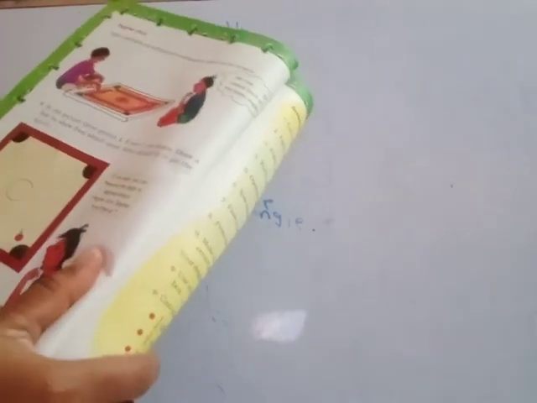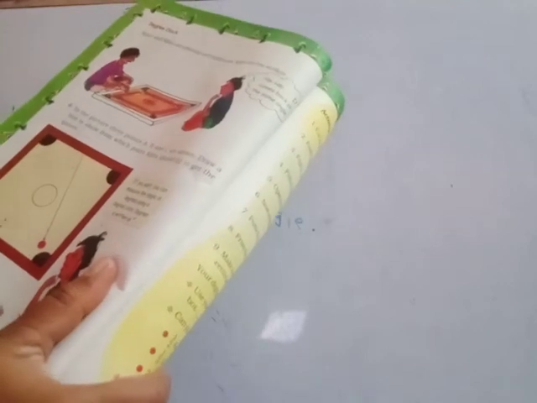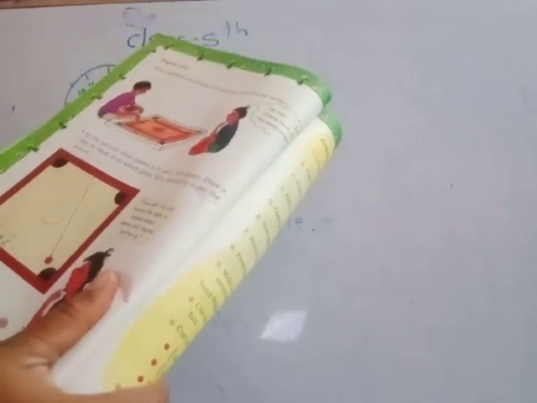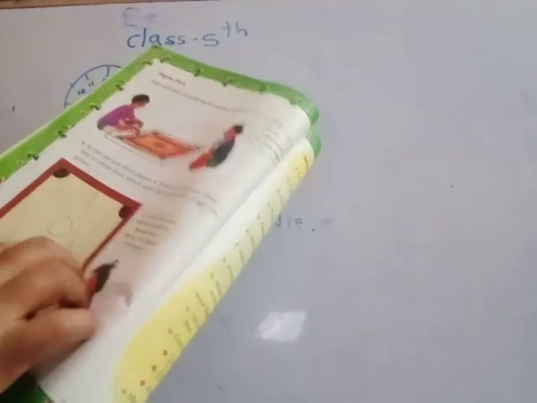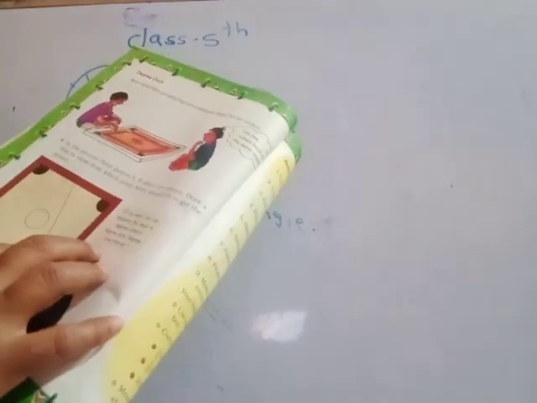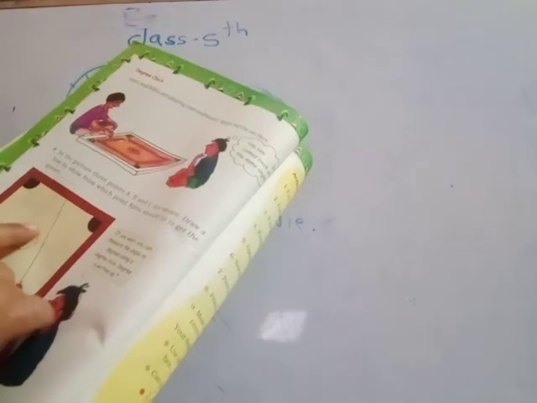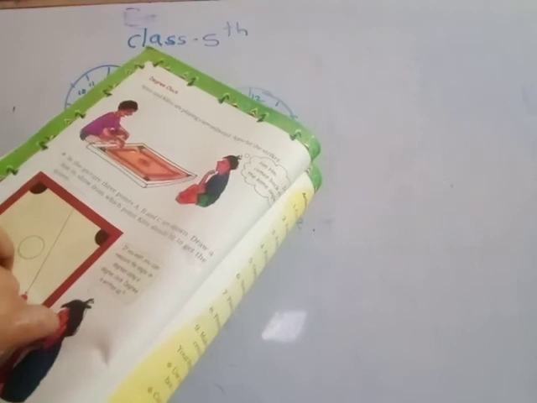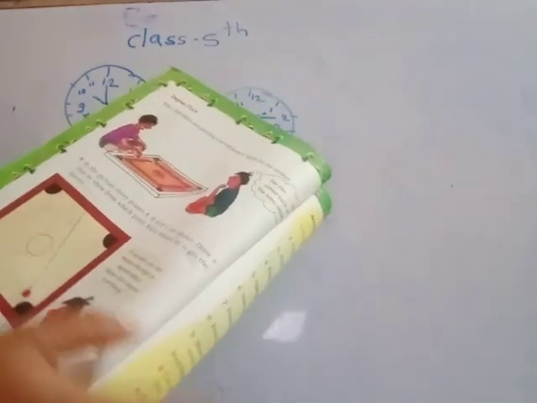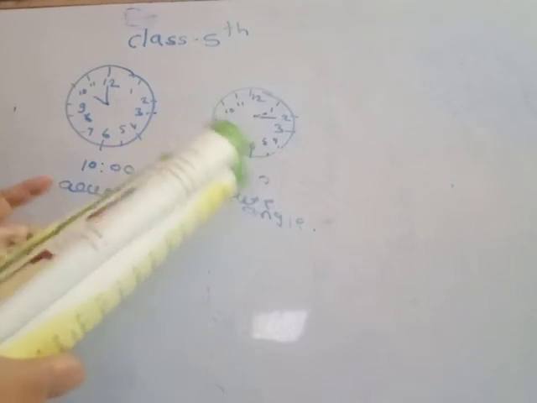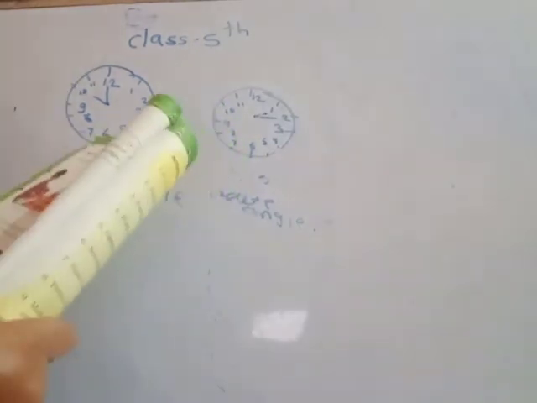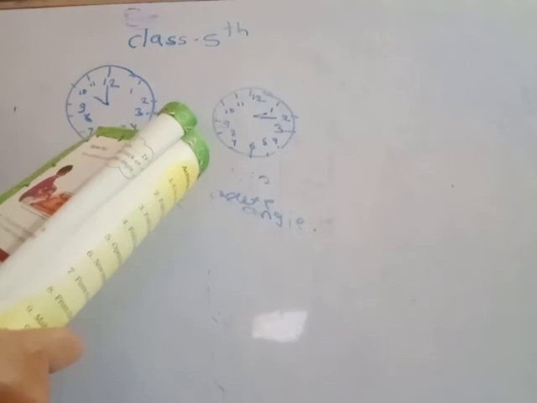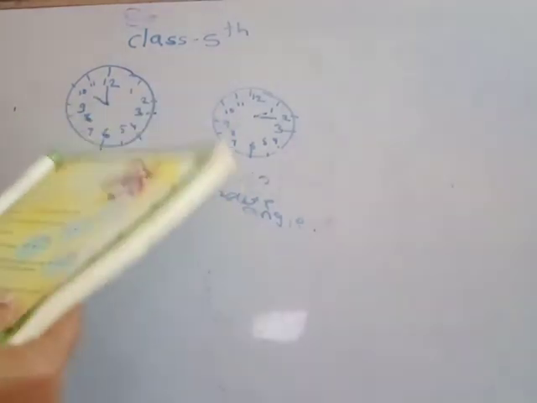If you want, you can measure the angle in degrees using a degree clock, or a protector. Here an angle is formed. By using this protector you can measure how many degrees this angle is. It is an acute angle, but which one: 45, 60, 75? It is less than 90 degrees.